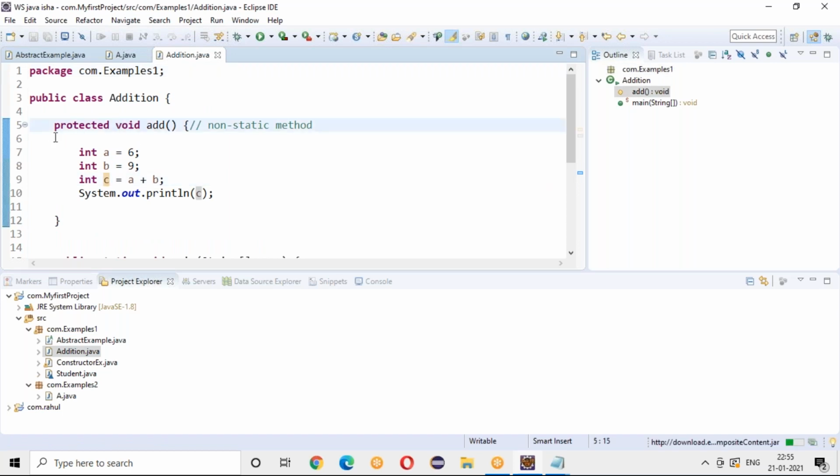So if I make this public, it is an accessibility that you can write before a class or even before a method. So what we are doing, I'm writing before a class. The same thing I can write before a method also. If I write public as an accessibility for a class and a method, it means this can be accessible outside the package also.